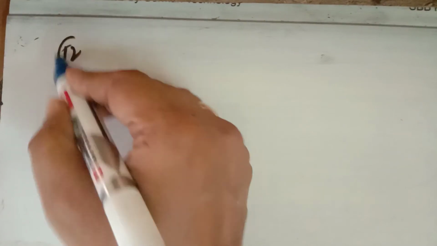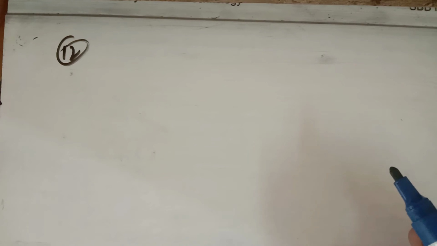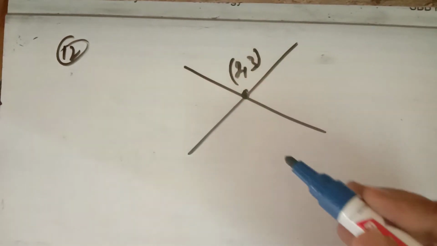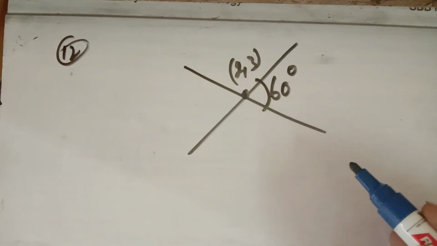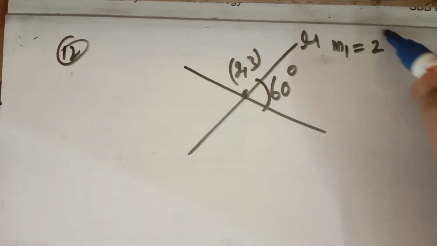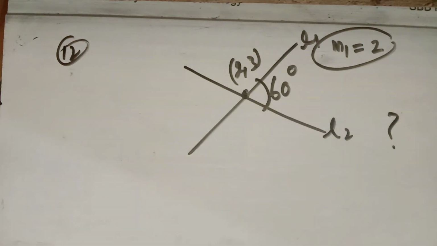Now in question number 12, what you have to find? Two lines are passing through the point 2, 3 and intersect each other at an angle of 60 degrees. If the slope of one of the lines, let us call it L1, is given as 2, you have to find the equation of the line L2. Question number 12. Now we can use, and let the slope of this line be